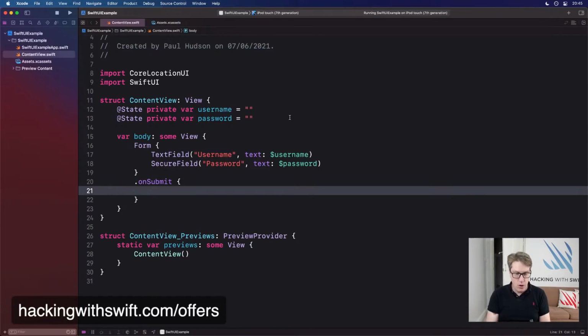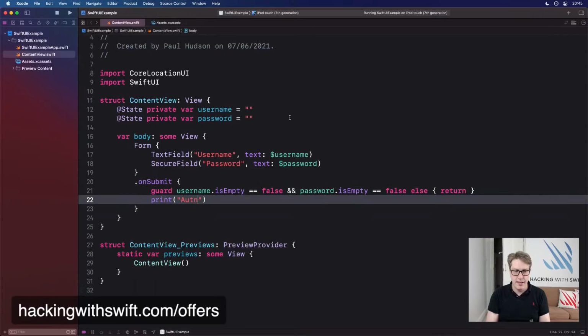So you might say now, well, let's make sure that username is not empty, and password is not empty, else return, and then print authenticating. So make sure they pass in both values before we submit the whole thing somehow. So onSubmit's really, really helpful with this kind of thing, grouping multiple submissions together. We used it earlier for navigating through form fields as well, so it's a really nice, clean addition.